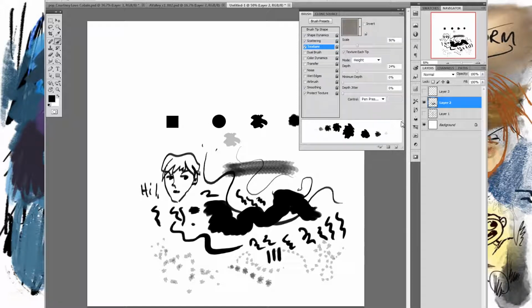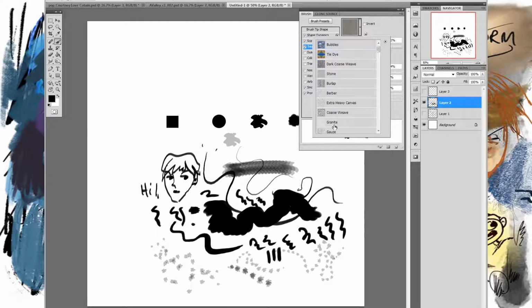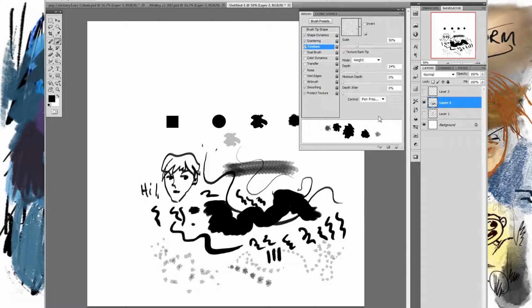Okay, and then texture. Texture is a really interesting one, and I haven't made any textures, so I'm just going to use the basic ones I have here. But let's give it a granite texture, stone. And the reason I'm doing that is just because if you look at this, it just gives it some kind of noise, okay? So there's different modes here. You can play with this. We'll leave this all right now for just kind of how it is. You can kind of see what happens when I start to play with these things. I'm not going to worry about it yet, okay? And then